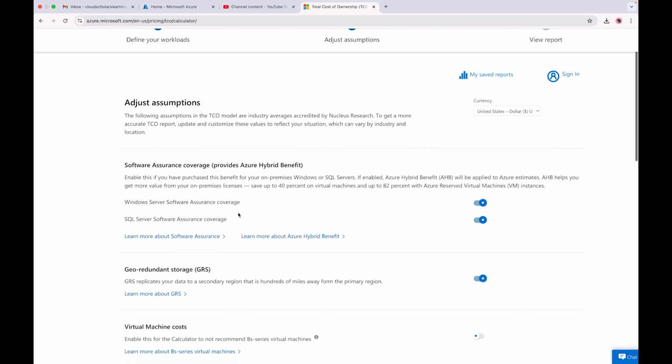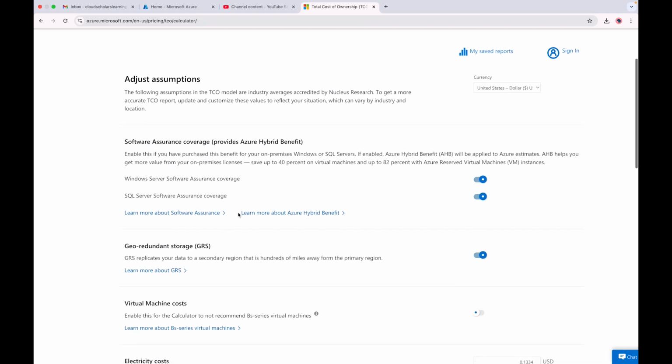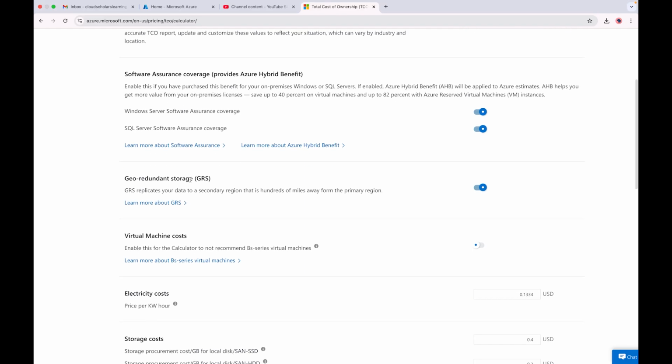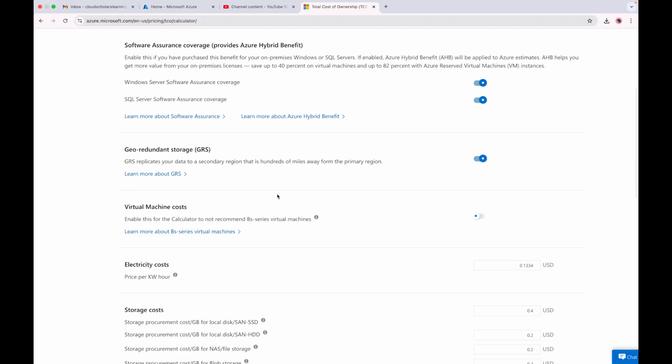Windows Server software assurance coverage, SQL Server software assurance coverage, right? You get that coverage enabled for you. Geo-redundant storage, definitely want that. So basically what that does is replicate your data to a secondary region that's hundreds of miles away from your primary region. So just in case there's some type of electric outage or some type of terrorist attack, that will safeguard